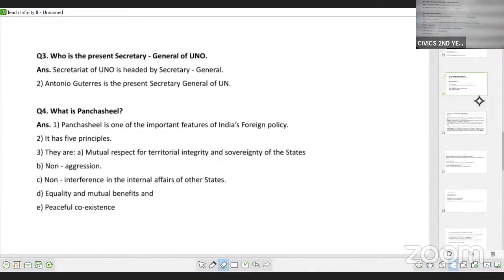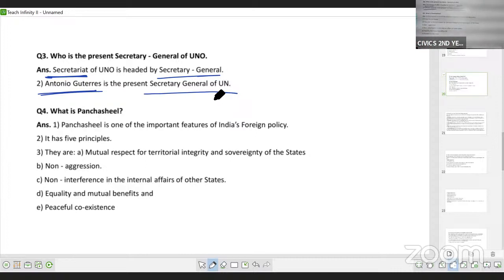Next, who is the present Secretary General of UNO? Now, the Secretary General, he is the head of the administrative organ of UNO, that is Secretariat. Secretariat is headed by Secretary General Antonio Guterres. Remember the name, only that name. Antonio Guterres, he is the present Secretary General of United Nations